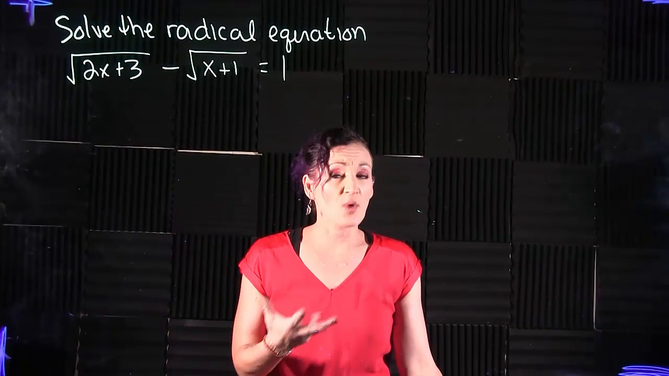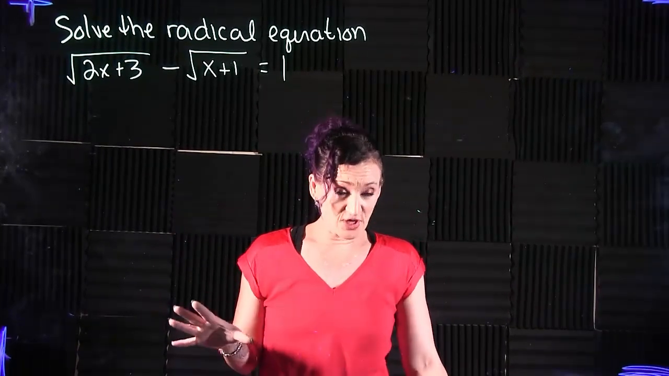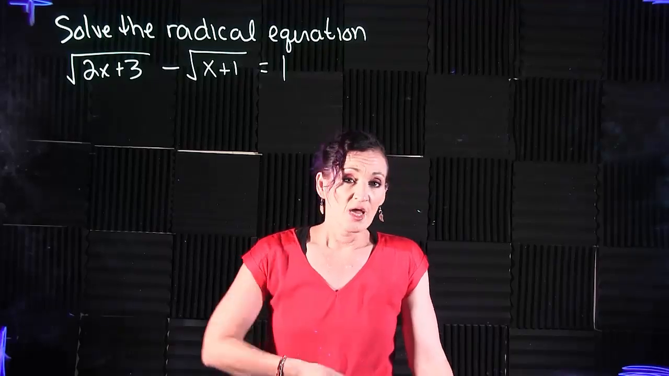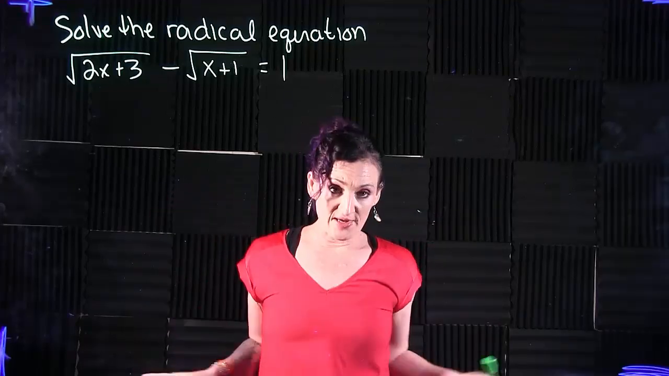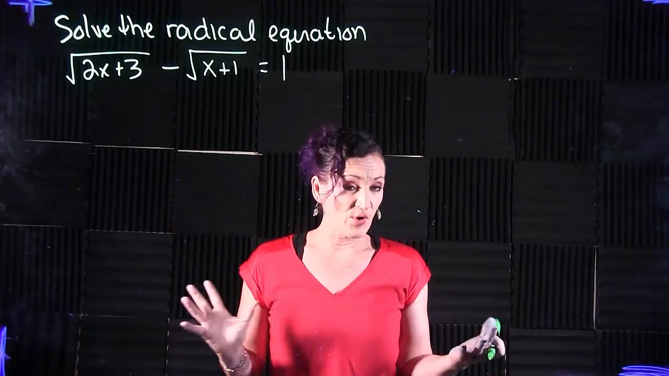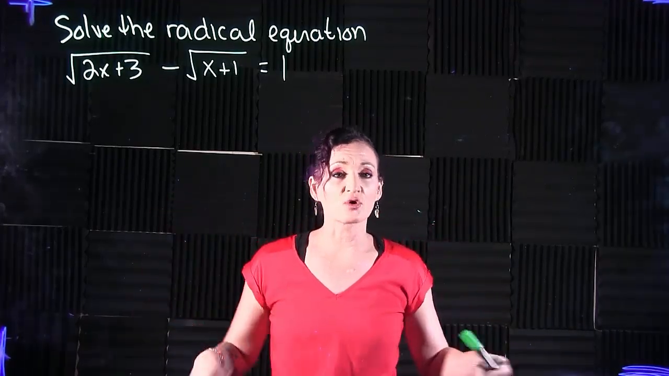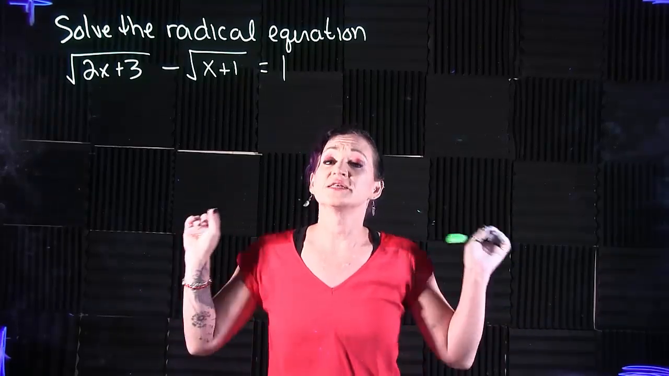Let's solve the following radical equation. When it comes to solving radical equations, rule of thumb: get one radical on one side, one radical on the other side, get ready to square each side. The whole point is you want to isolate the radicals and continue to square those until you get rid of